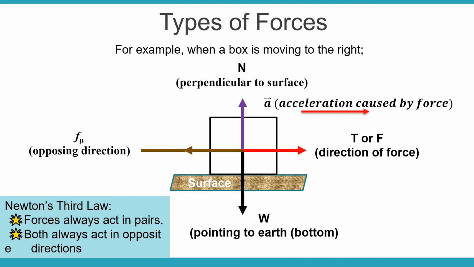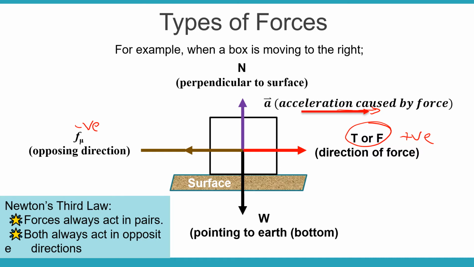Okay, this is the example when a box is moving to the right. Okay, tadi the box tu dianggap moving to the left. Okay, bila the box is moving to the right, so tengok kepada dia punya acceleration direction. So kita tahu maksudnya T atau F tu akan ke arah ke kanan. Manakala frictional force akan ke arah opposite daripada T and F, iaitu ke kiri. So kat sini akan jadi negatif, yang dekat sini yang akan jadi positif. Okay, so perpendicular to the surface is still same, which is the normal force, and then